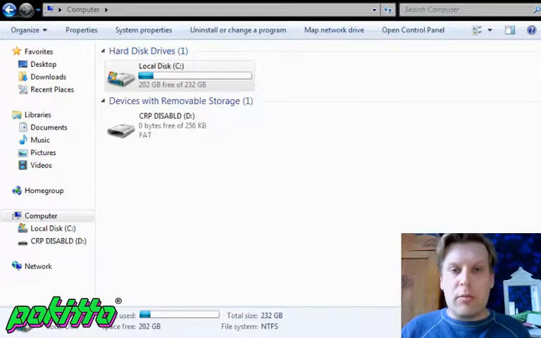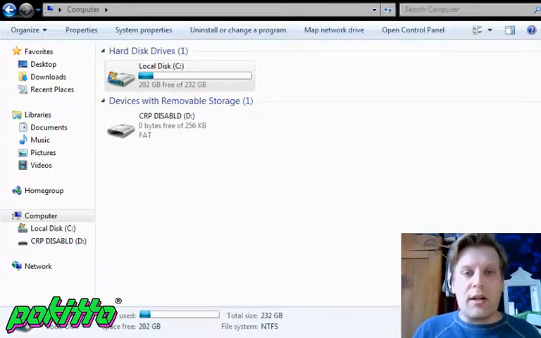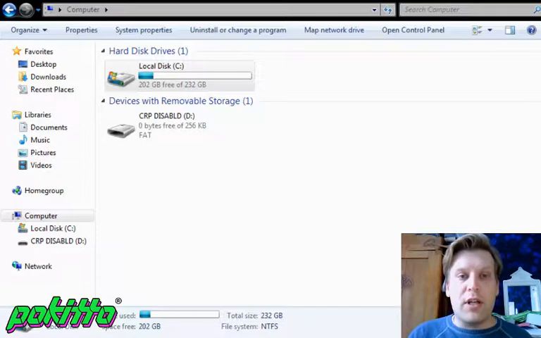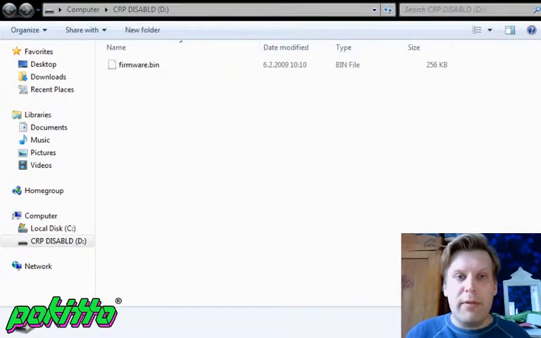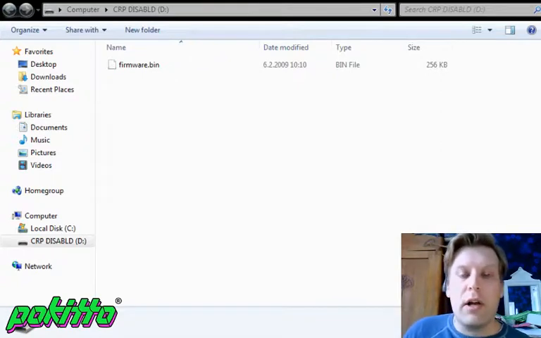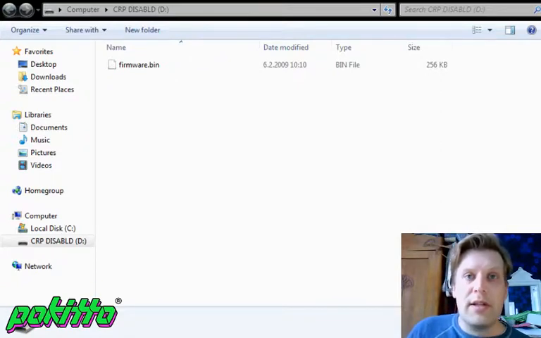So when we go to my computer, what we get is a new drive, which is the drive D, which says CRP disabled. And that CRP stands for code read protection, and it simply means that there's no write protection on that. And let's look at that drive. Inside of that drive is a file called firmware.bin, and this is the actual program that's